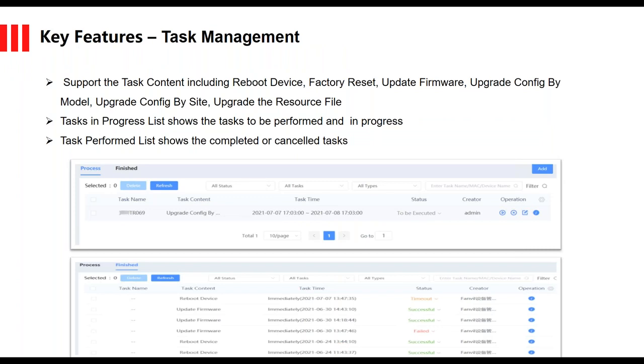What can you do to assign tasks? Well, the task will be able to give you a quick heads up view on all of the different tasks that you've assigned that have been completed, and some of those that you may assign that haven't been fully completed as well. And then it'll go through all the different setup keys that will give you access to say, okay, this is what's pending and this is what has failed in your local device. And you can support things like factory reset, upgrade firmware, or update the specific configuration files, depending on how you could have employee